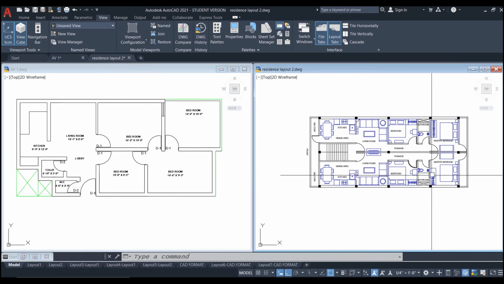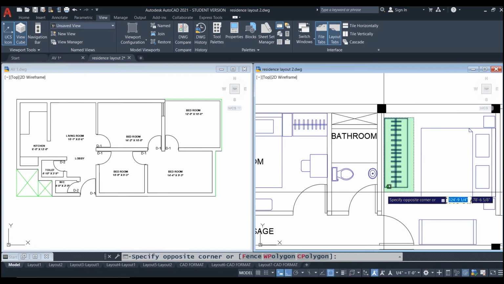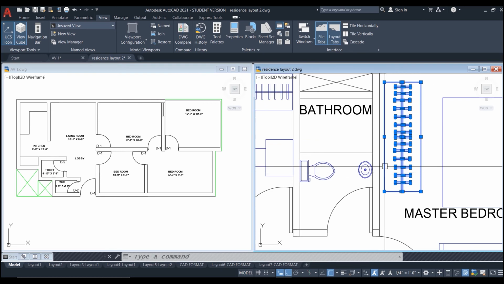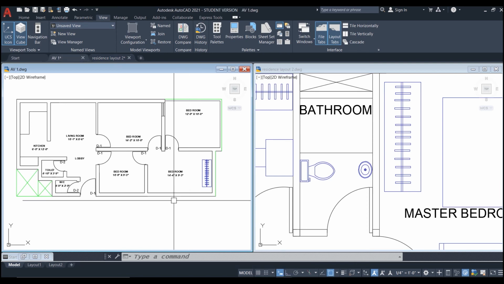I'm going to click inside this window. This will put the focus on this drawing. To move my geometry, I will click on it to select it, and then I will place my cursor over the dashed line work and click and hold. This copies the line work to my cursor, and then I will drag it into the other drawing and release.